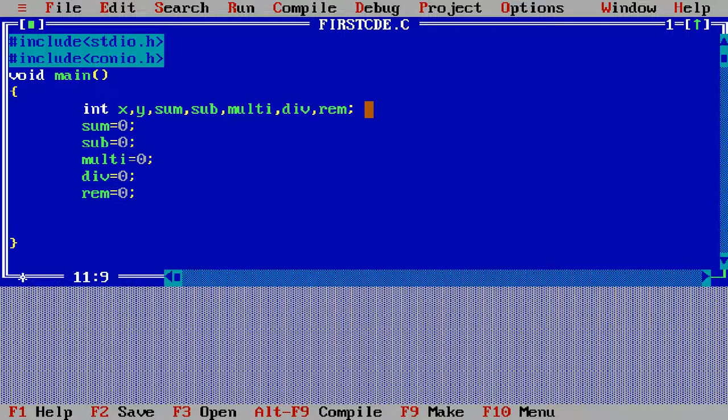I am assigning 0 to sum, sub, multi, div and ram because I want to store the results of sum, sub, multi, div and remainder into these variables. If we are not assigning the 0 value to these variables, the result is not correct because they store a garbage value. So first we need to initialize the 0 value, and after that I write the printf